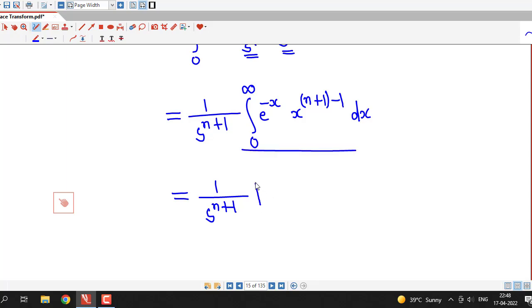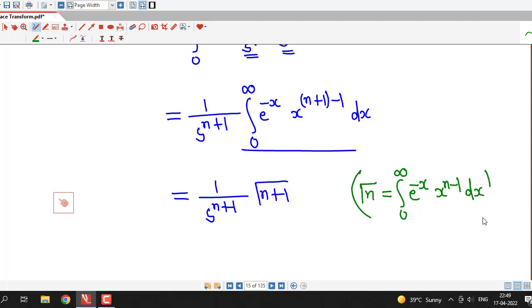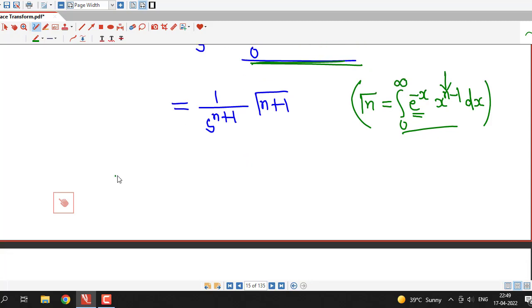And now if we use the definition of gamma function, we can see that this integral is nothing but gamma function of n plus 1. We are using the definition of gamma n: if we have gamma n, then we have integral from 0 to infinity e raised to minus x, x raised to n minus 1 dx. So you can compare these two. E raised to minus x is there, x raised to n plus 1 minus 1. So if we have n, we write gamma n, and instead of n we have n plus 1, so this is gamma n plus 1. Therefore Laplace transform of t raised to n becomes gamma n plus 1